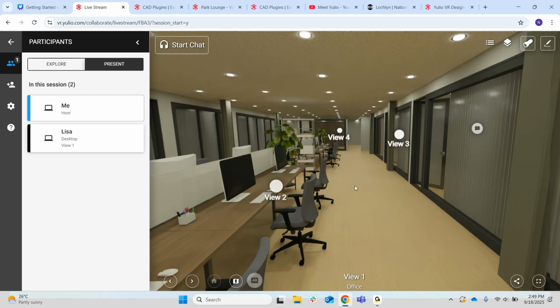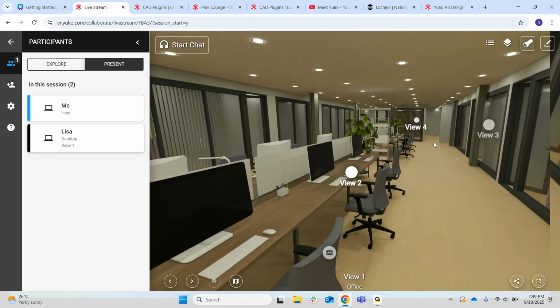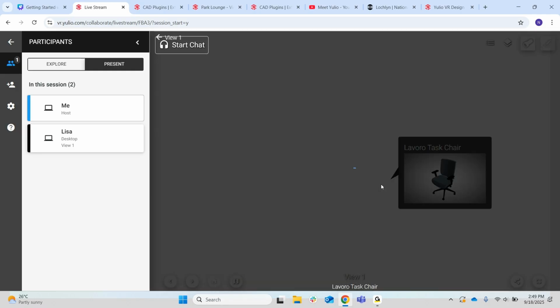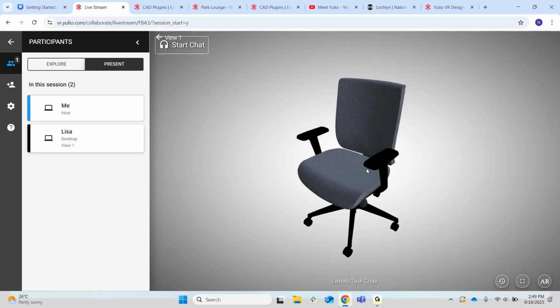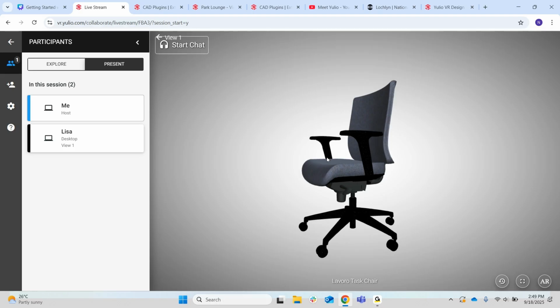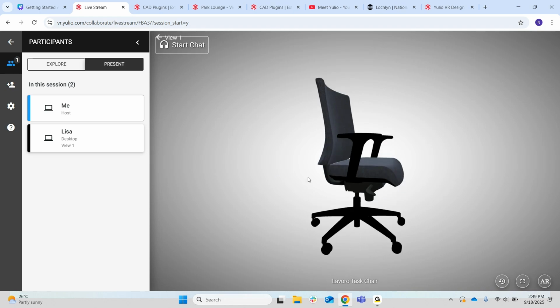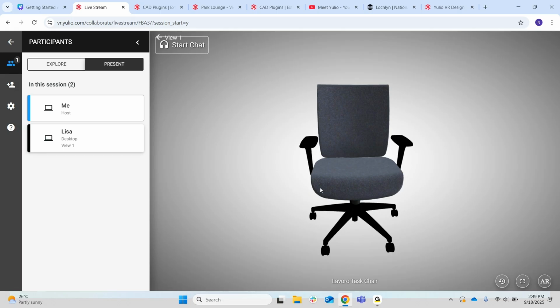All right, now I'm back at my first scene here. So I'll open up now one of our AR hotspots and show you what that experience looks like. So taking a look at my screen, this is what the browser experience looks like when viewing an AR hotspot from your computer. I can click and drag my mouse to view the object in full 360. If your guest has joined the Collaborate session on their computer also, what they can do if they want to see this object in true AR is scan this QR code